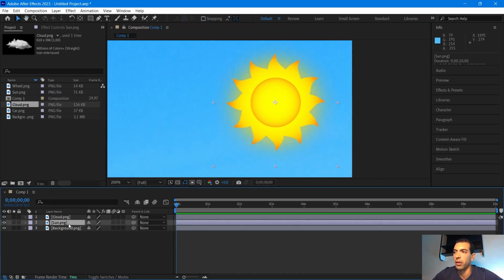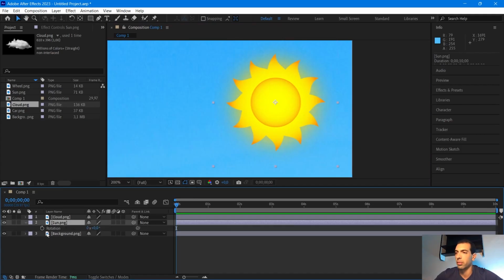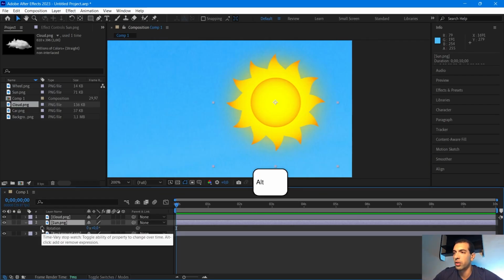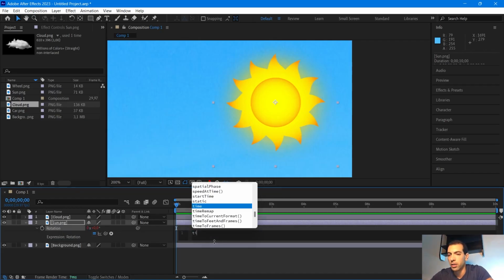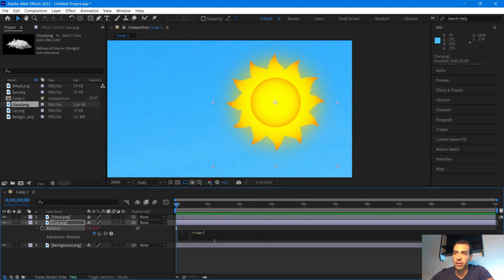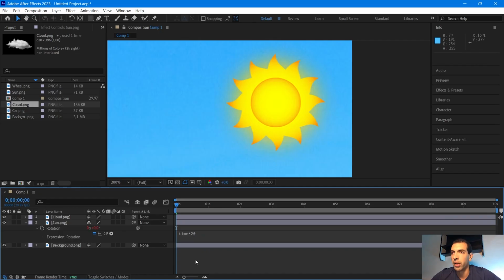I select the layer of the sun. I press R to bring the rotation, and to create an expression, I have to press Alt, go to the stopwatch and click, and now we can write an expression right here. I'm gonna write time multiplied using the star symbol multiplied by 20. Time multiplied by 20. And now if I play,